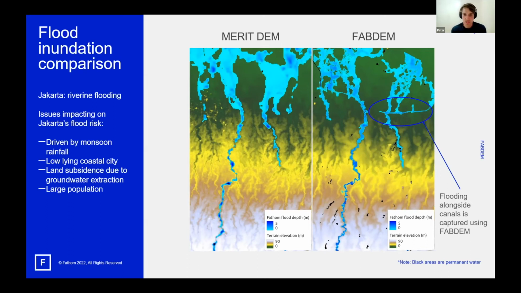In both cases you see the flooding from the rivers, but there's a lot finer detail in the connectivity of the floodplain in the FabDEM flooding image, whereas in the comparison from our older simulations, you can see there are a bit of discontinuities where the bits of the floodplain aren't joined up as much. And in addition, I've highlighted on the right side here a canal, which is a flood defense canal,